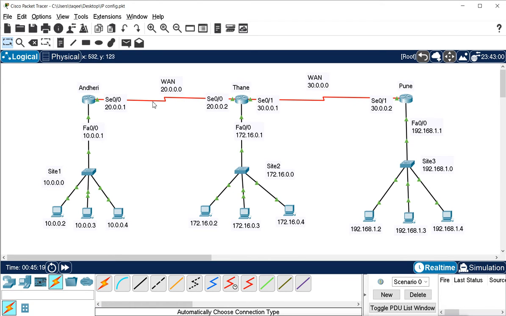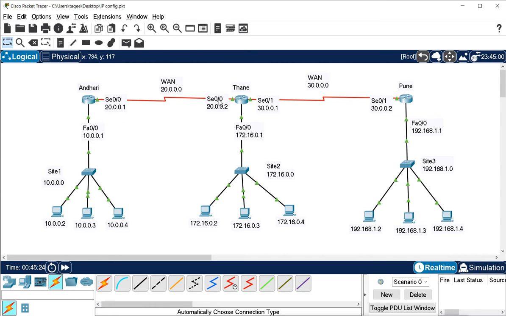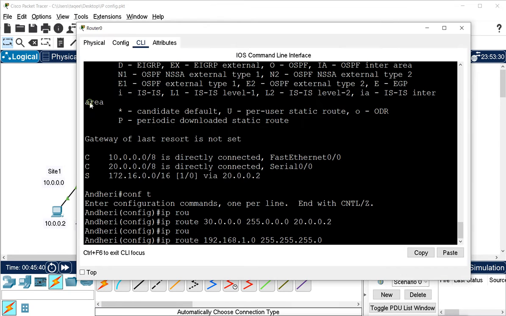That means Thane is our first hop router, and the interface we meet is serial 0/0, and the IP address again is 20.0.0.2. So whenever we go to this side, you will always see this Thane router, and this IP will be your first hop address. So I will mention 20.0.0.2.